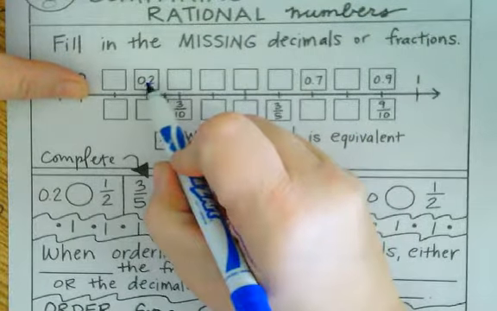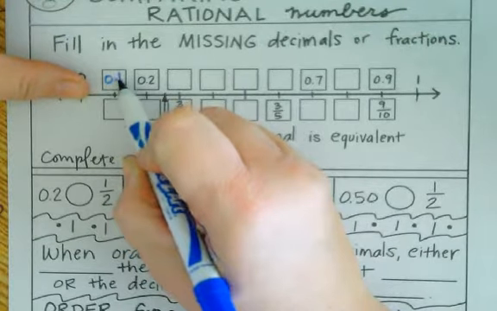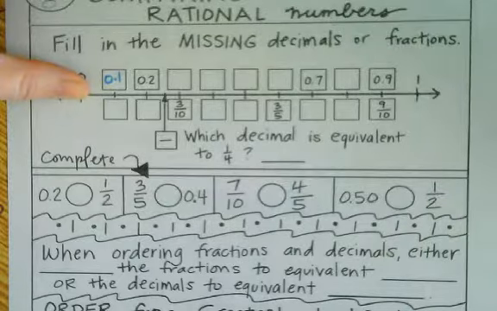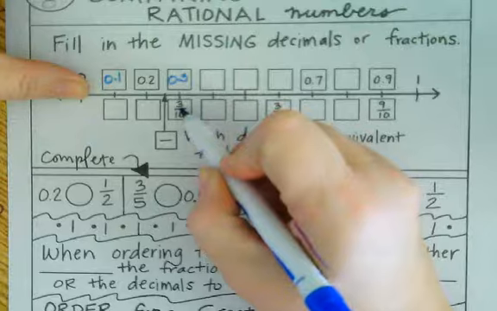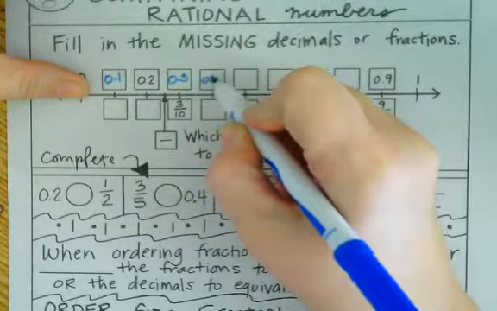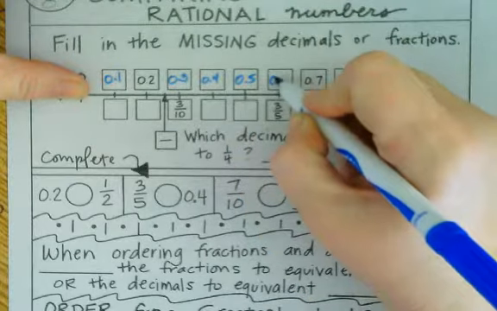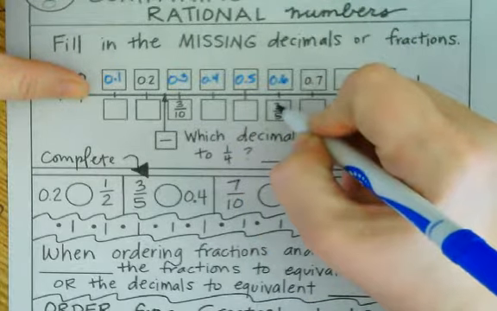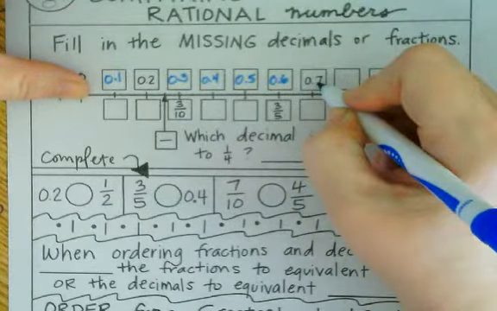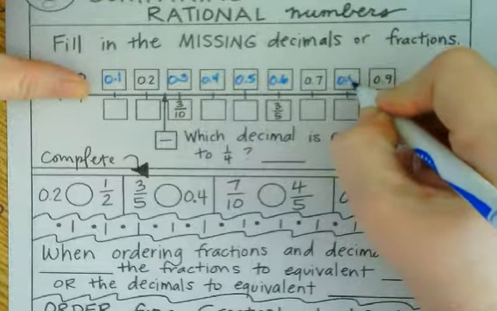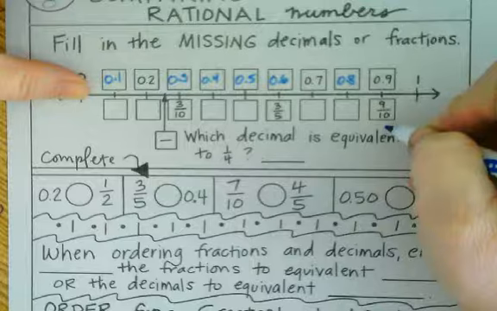If this is 2/10, what do you think this is? All right then, we'll call it 1/10, 0.1, 0.2, 0.3, which is 3/10, 0.4, 0.5, 0.6, which is 3/5. Ooh, we're getting tricky now. 0.7, 0.8, 0.9, which is 9/10. So we've got equivalent